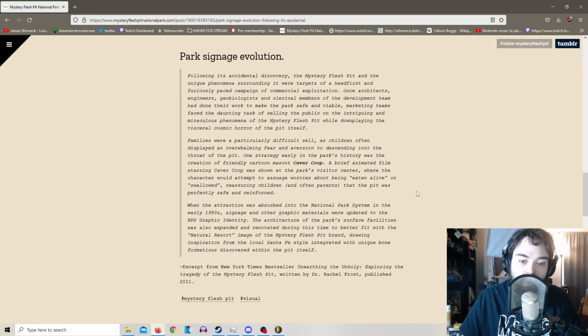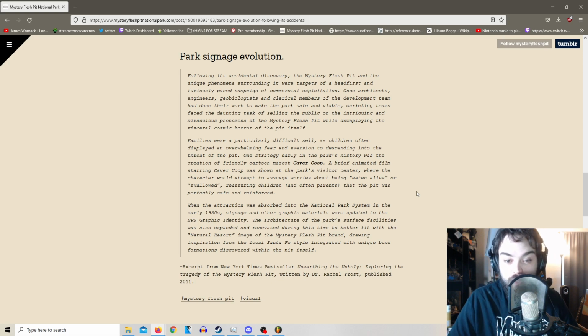Families were particularly difficult to sell, as children often displayed an overwhelming fear and aversion to descending into the throat of the pit. One strategy early in the park's history was the creation of a friendly cartoon mascot, Cave Recoup. A brief animated film starring Cave Recoup was shown at the park's visitor center, where characters would attempt to assuage worries about being eaten alive or swallowed, reassuring children and often...